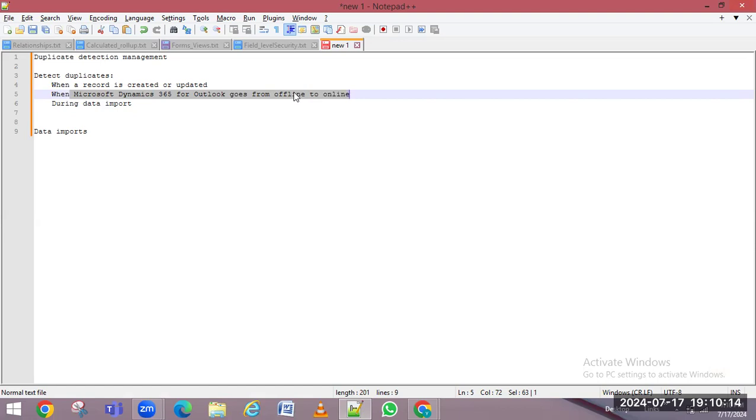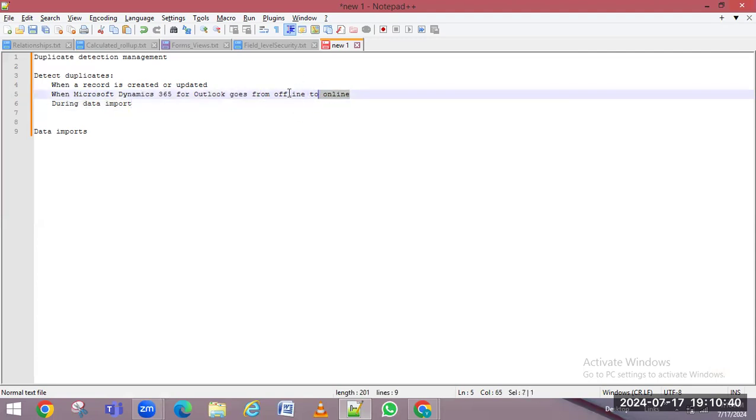While syncing the data, the engineer is currently working offline, and after that he restores the network. Once the network is restored and it syncs to the database, at that time also it will detect whether there is any duplicate detection rule available or not, right? If he is working in Outlook in offline mode, once he restores the network and it is online,